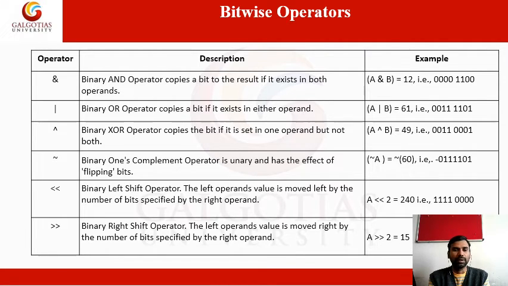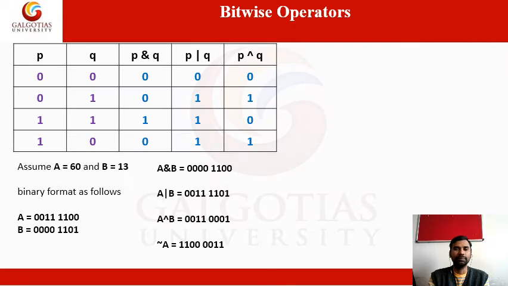So, simple thing. Next one is the binary shift operator. You shift the value, moving the bits to the left side or the right side. Those are the left shift and right shift operators. That's all. You see the example on screen. Look at this, the binary operation. Now you can get a clear idea about it.